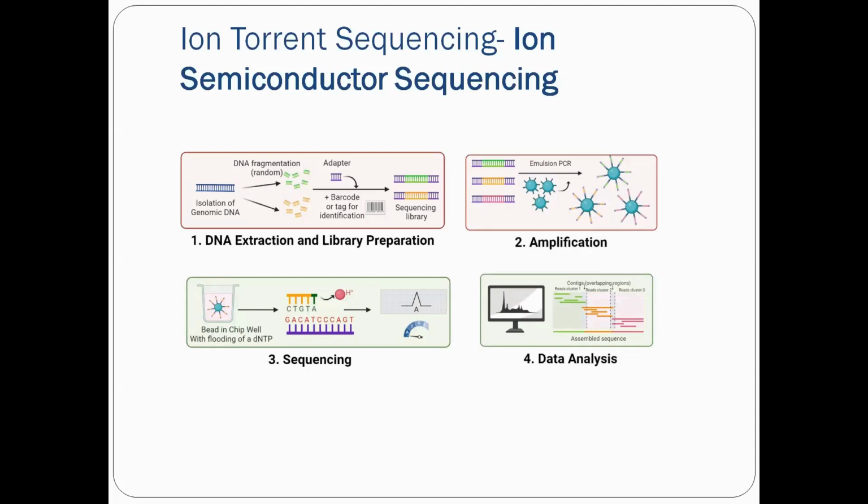So after DNA extraction and library preparation, we can see in the first figure that after the isolation of genomic DNA, it is fragmented randomly, and then adapters are added to this fragmented DNA. And we can also add a barcode or tag for identification. So what is the barcode? A barcode is a sequence of nucleotides. It is very unique, and it will be attached to, suppose we are